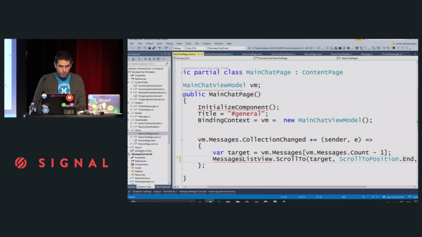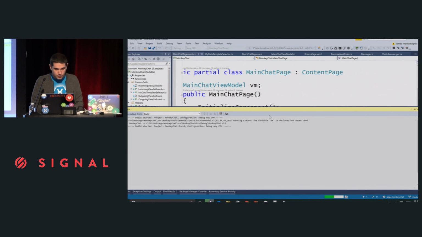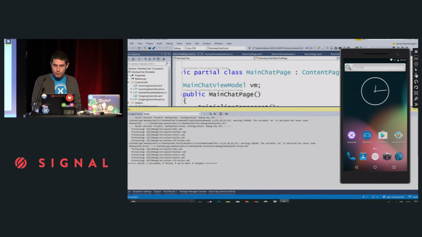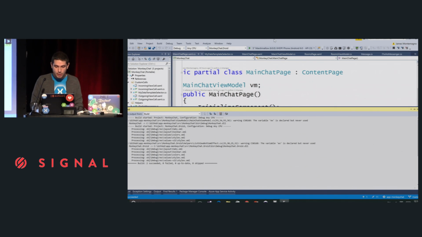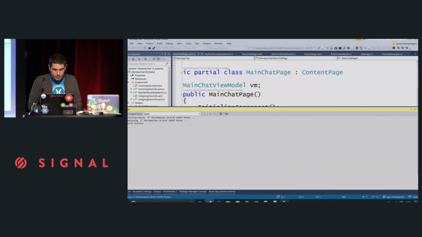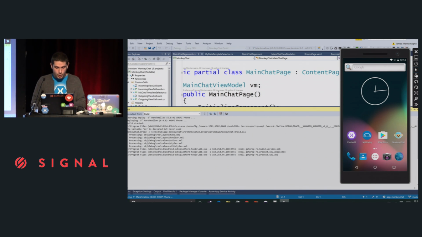So we're scrolling. So now here's what I'm going to do, I'm going to build up our application. First on Android, then I'll do it on iOS. Make sure everything compiles, make sure I actually wrote everything correctly. And what this will do is it'll just build everything right on my PC. And I have the Visual Studio Android emulator that Microsoft released. It's powered by Hyper-V, it's really fast, I love it. We're just going to go ahead and spin this up over there. So this will build up our APK, and it'll get ready, and it'll build up our user interface, and Monkey Chat will be ready to go.